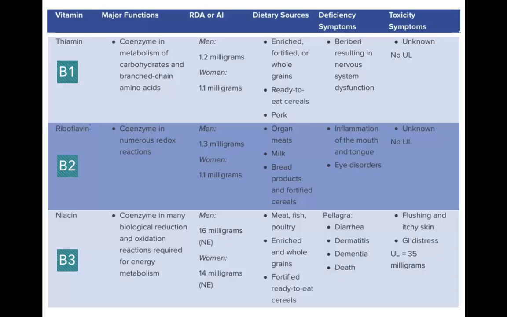Contrary to the original belief of early scientists who believed it was a single compound, vitamin B is made up of 8 vitamins. And these act primarily as coenzymes. Your book does a good job explaining the idea of a coenzyme. It says that they're keys that unlock the actions of enzymes.